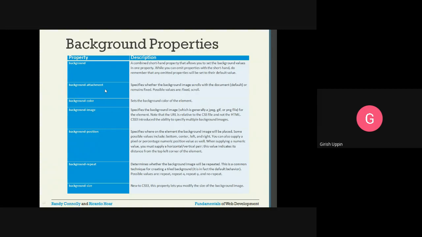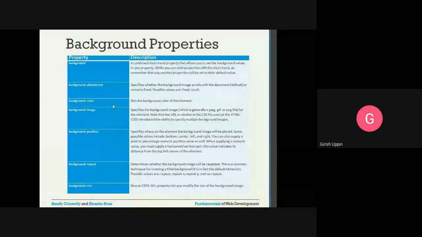Then background attachment specifies whether the background image scrolls with the document or remains fixed. So for background attachment, whatever the background image is, you can make it scrollable or non-scrollable. It has two values, fixed or scroll. Background color, you can specify whatever color.